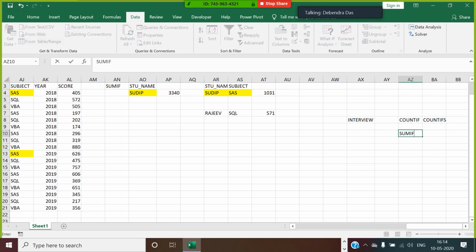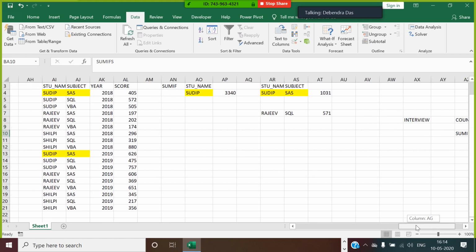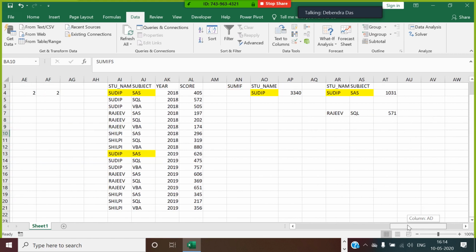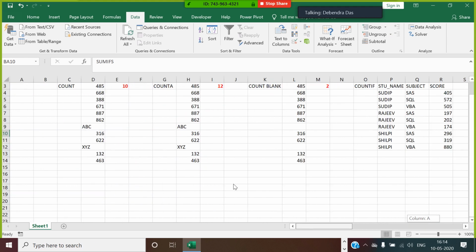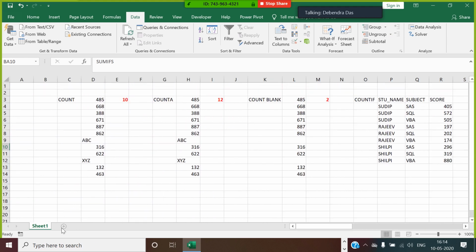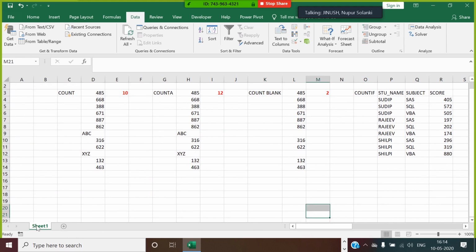They will also ask about SUMIF and what is the difference between SUMIFS. That they also ask most of the time. So we have to have a complete understanding of how it works with both COUNTIF and COUNTIFS, SUMIF and SUMIFS. Is that clear now, guys? Understood? Yes, sir. So this is called part 1.